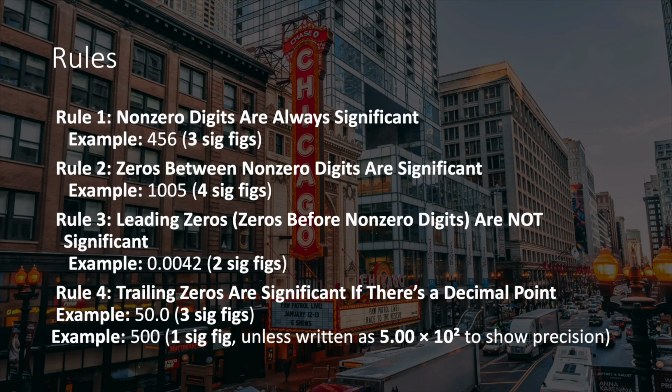But if you just have 500, and there's no decimal point, then you really only have that one significant figure there, right? Because those zeros, you don't know if they're accurate or not. So you just have to assume they're not, and therefore they're not significant, and you only have one significant figure with that 5. Now, it would be different if it was written as 5.00 times 10 to the second power,